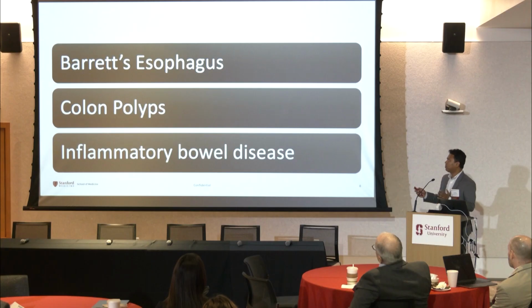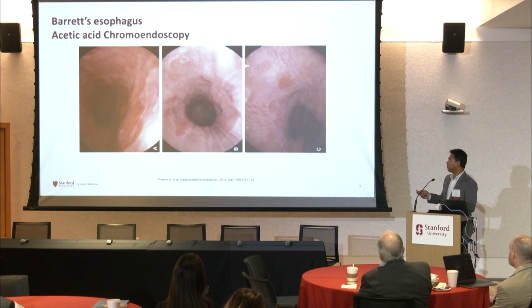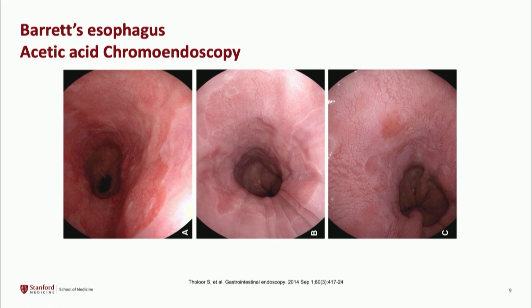Because of the paucity of time, I'm going to concentrate on the role of image-enhanced endoscopy in Barrett's esophagus, colon polyps, as well as in inflammatory bowel disease. When it comes to Barrett's esophagus, the dye most commonly used is acetic acid. We basically take help of a phenomenon called the aceto-whitening effect, where the mucosa of the Barrett's,